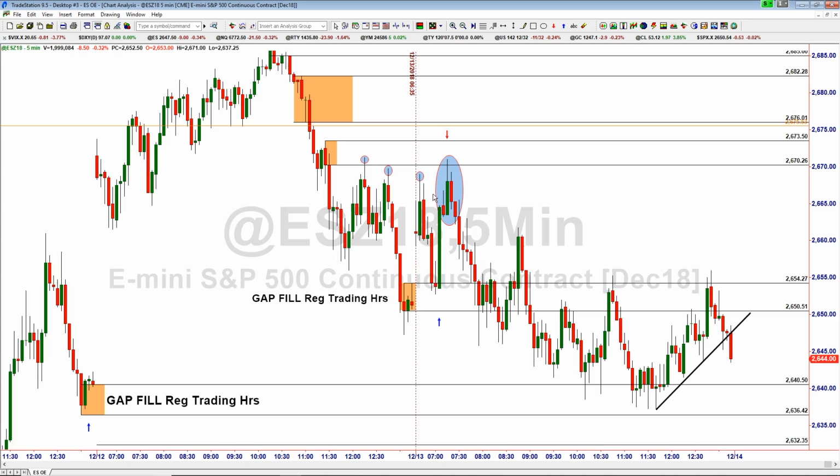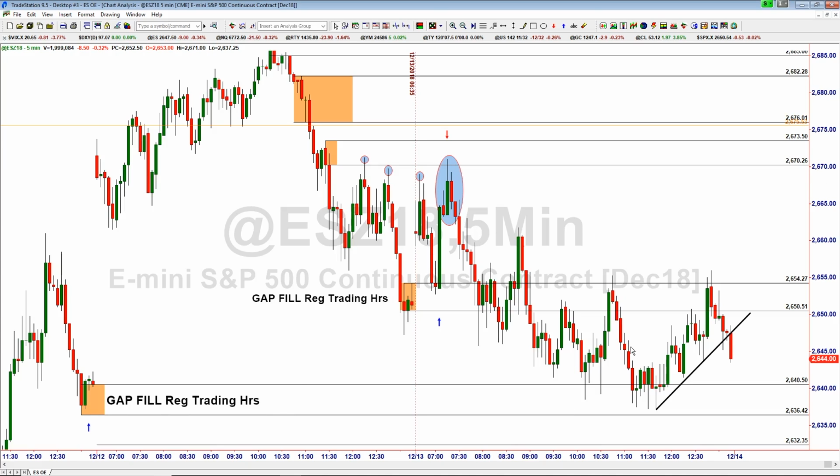After the gap fill closed, we had a big impulse move up with a further move up, taking out the regular trading hours high for the day up at 69. We took that out. Price got back up into that level where it reversed out of yesterday, put in a bearish candle, and you can see the rest really is history. The market continued to move down, took out the gap, and proceeded to get back to the prior day's gap area. So we got two gap fills on the regular trading hours just out of today's session